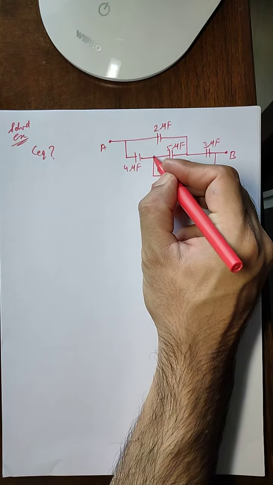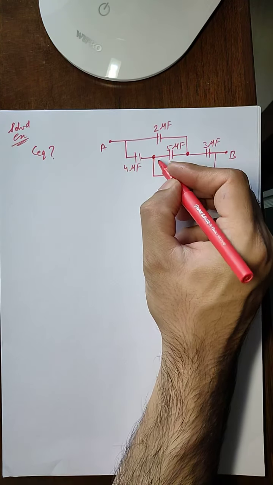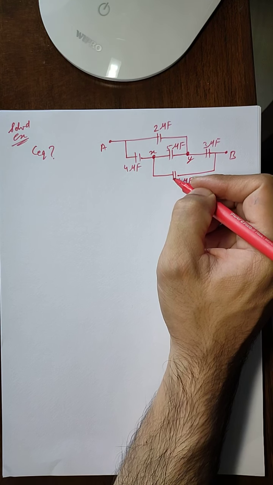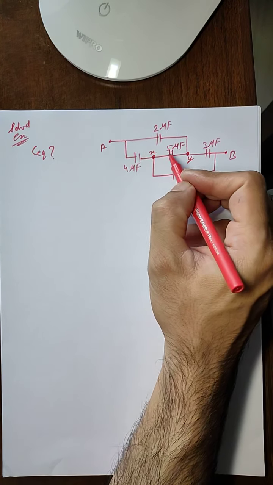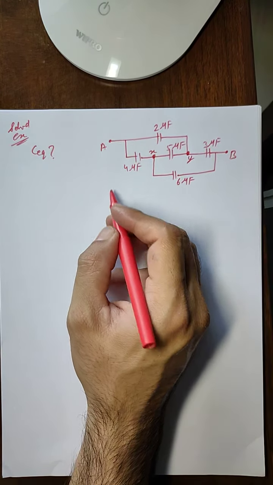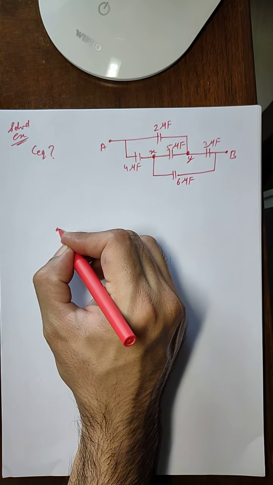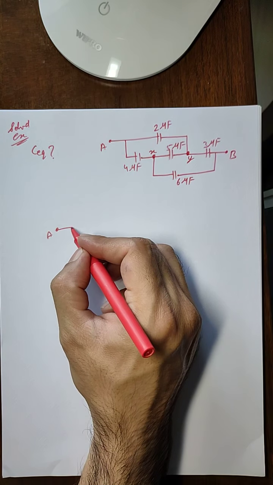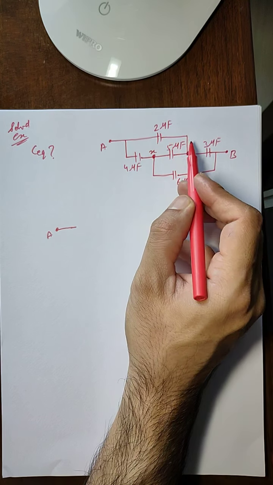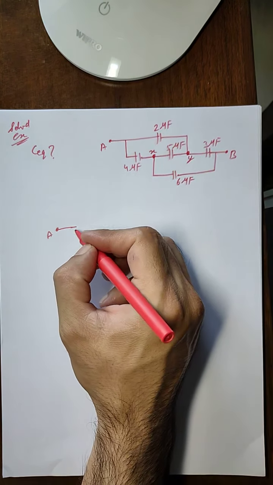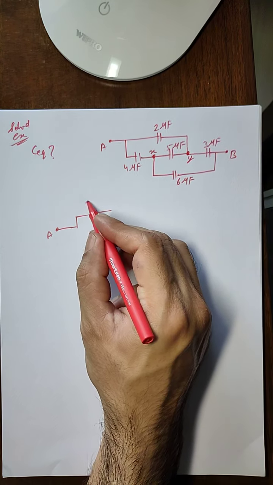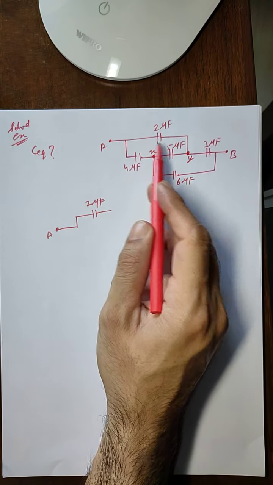If we take these 2 points as x and y, these are not nodal voltages, these are just 2 points that we took, x and y, then we can see, if we redraw the circuit, this will be terminal A. Terminal A is connected to 2 microfarad, which is connected to point Y. So I can draw it here. So a 2 microfarad capacitor is connected between point A and Y.